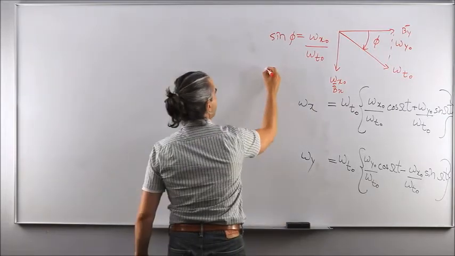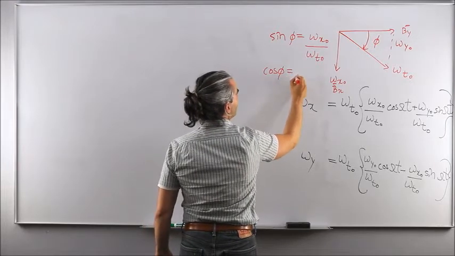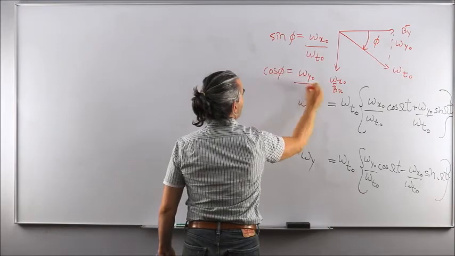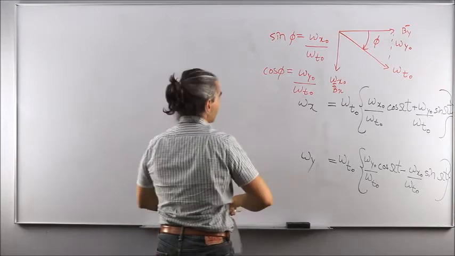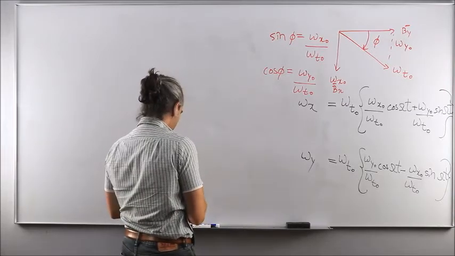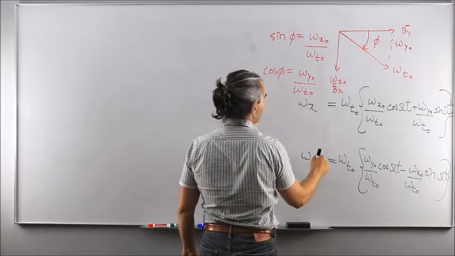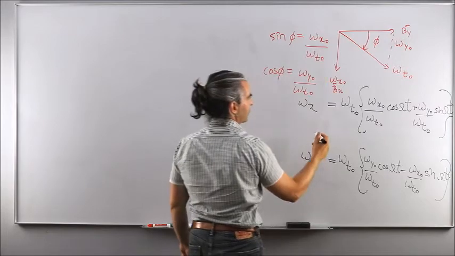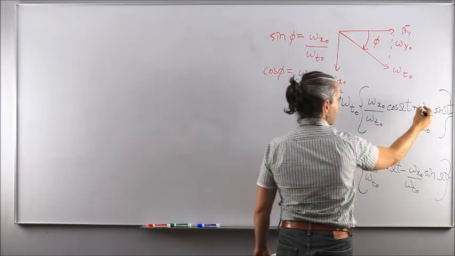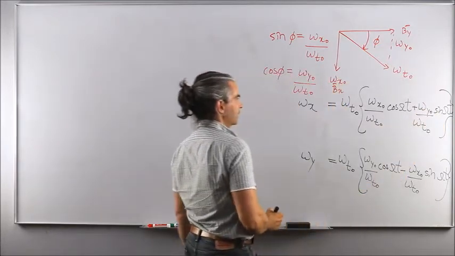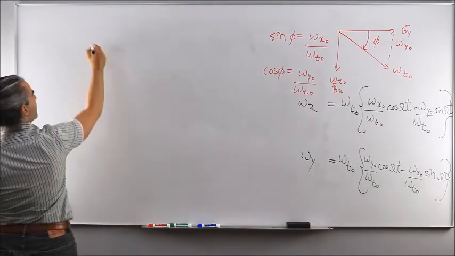And similarly, we could derive cos of this angle, which would be equal to omega y naught over omega t naught. That's kind of useful for us because if you look at what we have in those two relationships for omega x, omega y, this is exactly what we happen to have, right? We always have the ratios of omega x naught over omega t naught and the ratio of omega y naught over omega t naught. So we're going to replace those two with those trig functions